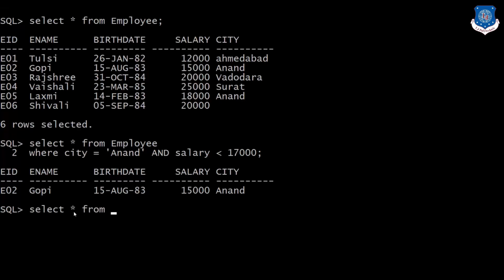Select star from employee where city equal to Anand or city equal to Surat.